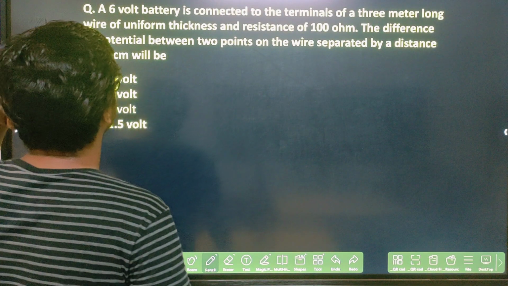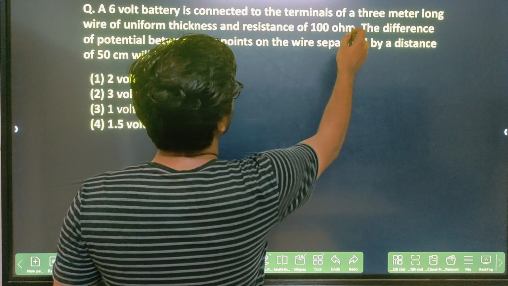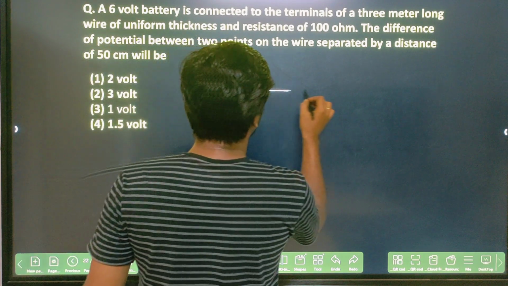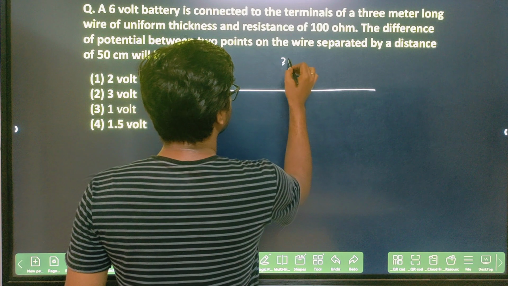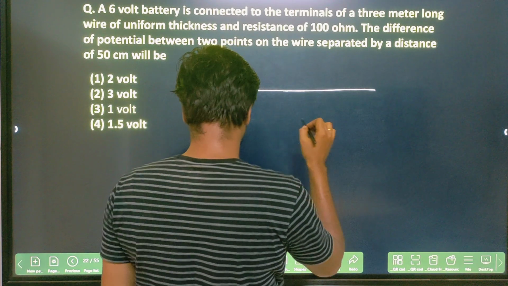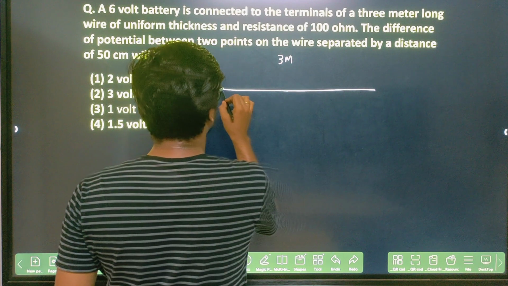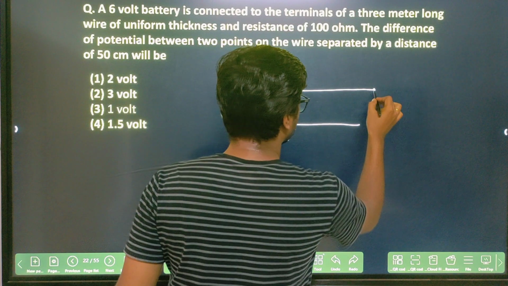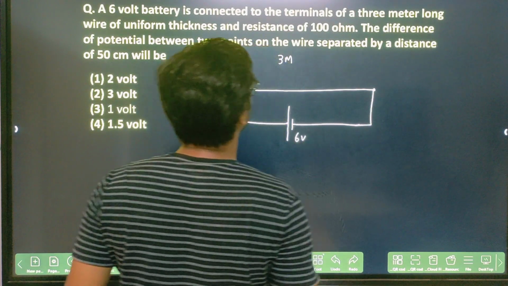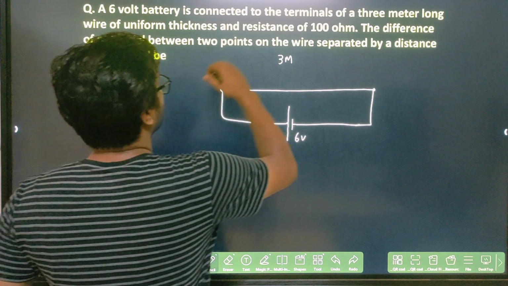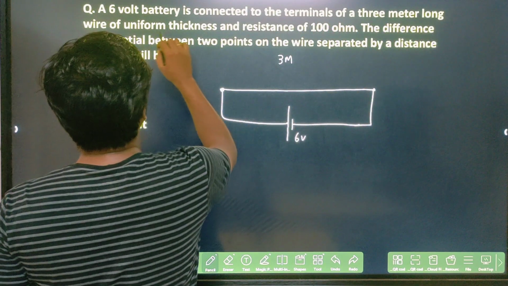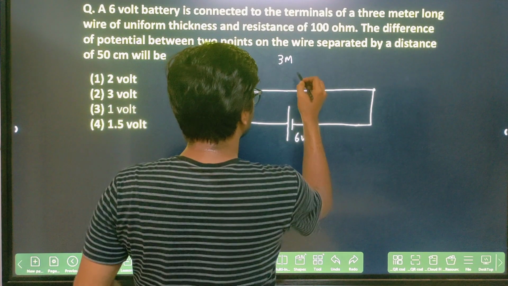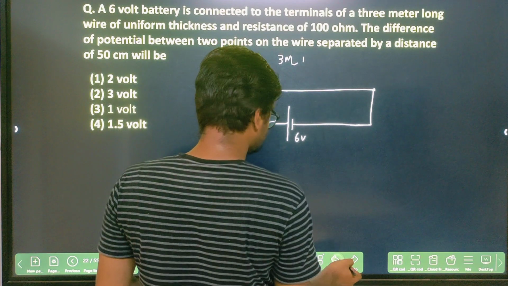Now this is the second question. A 6-volt battery is connected to the terminal of a 3-meter long wire. So this is a 3-meter long wire. This length is 3 meter, and this is connected to a 6-volt battery, right? And they are connected to the terminal of a 3-meter long wire of uniform thickness. So it has uniform thickness and resistance is 100 ohm. So it's 3 meter and the resistance they have given